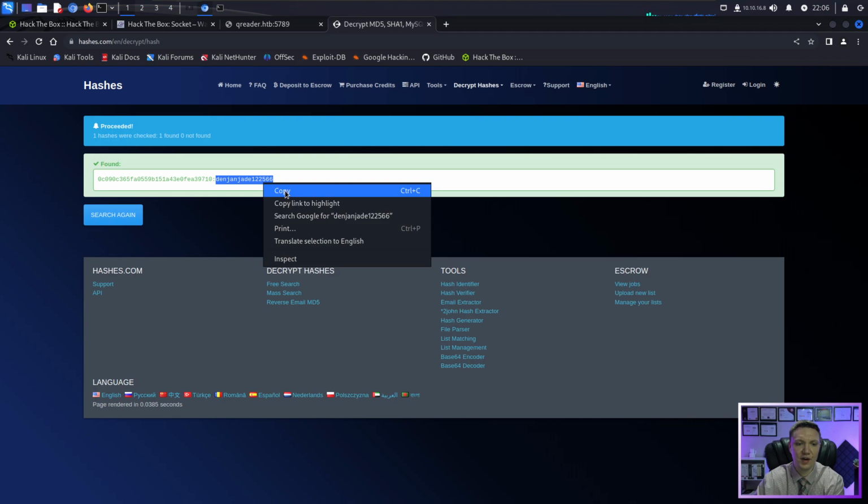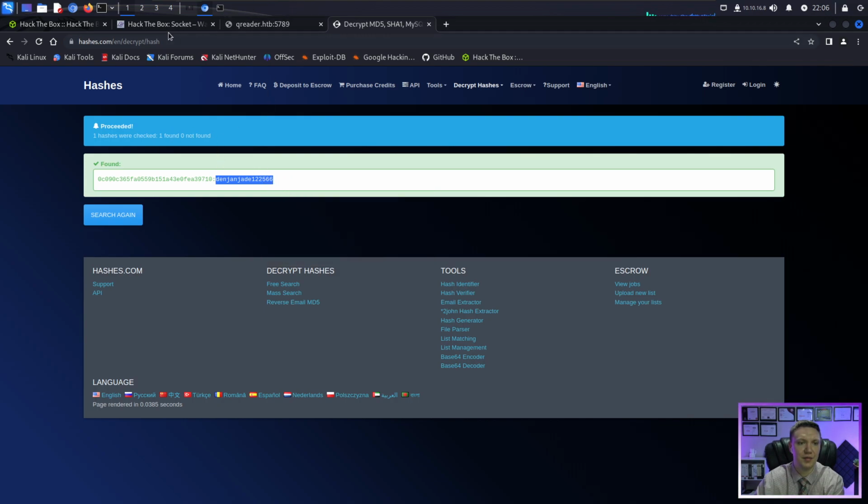So highly recommend checking out hashes.com before you start cracking hashes on your local machine with Hashcat and John the